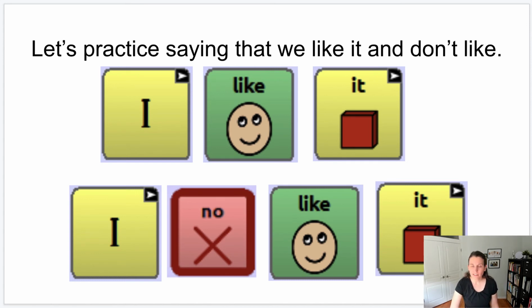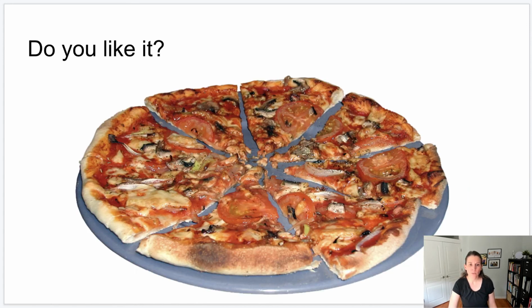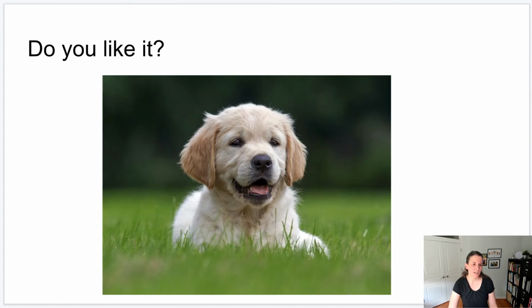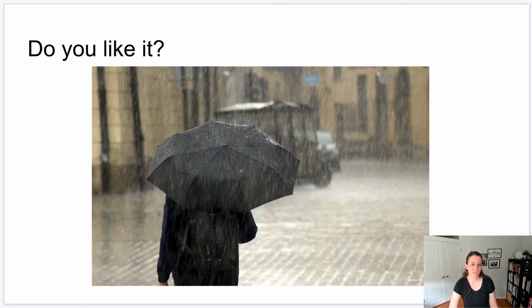And then what I do with the kids, and they have so much fun, is I start showing them pictures of things. And I tell them, do you like it? And they have to tell a peer using their light tech communication whether or not they like these things. And I encourage my friend Mark, who's our superstar right now for this presentation, to also go along and say whether or not they like or do not like each of these things. And I try to choose things that kids are going to have an opinion about. So I have pizza, I have Elsa, I have puppies. I live in the Pacific Northwest, and so of course I have to have rain.